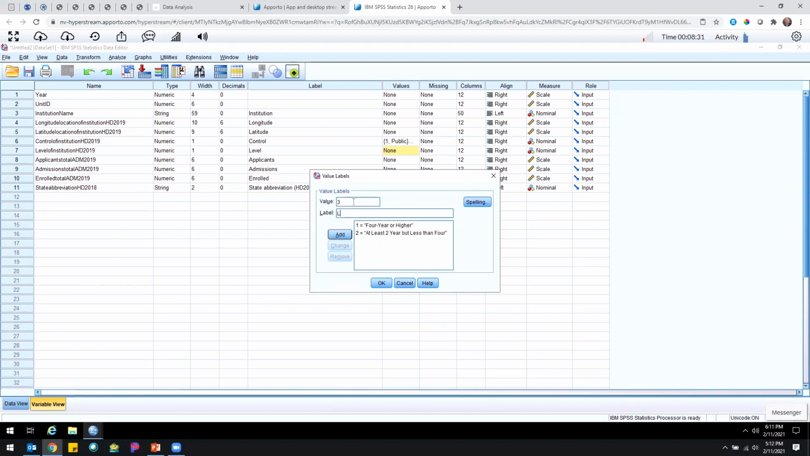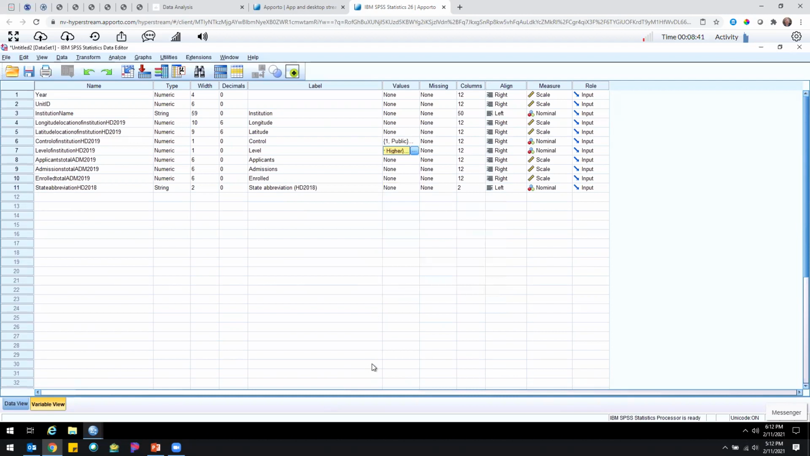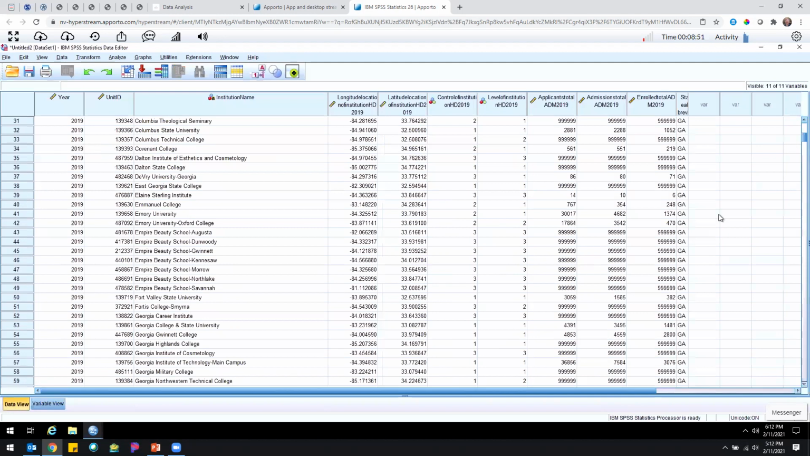Three is less than two year. So like technical schools and that sort of thing. We'll hit OK. And there they are, they're defined. Wonderful. So now we've got our values defined, but we know in our data that we have a lot of